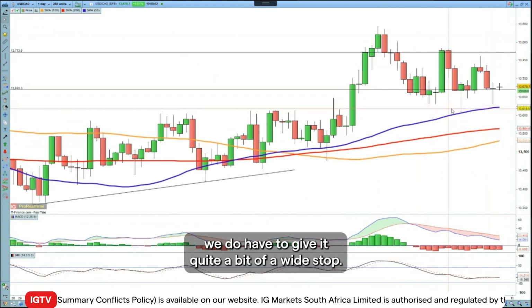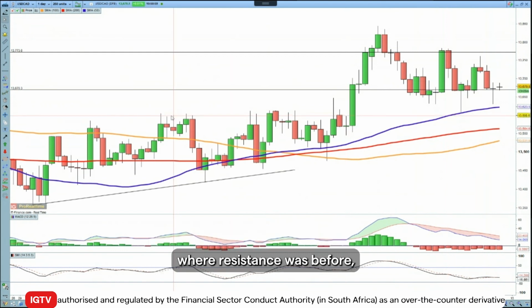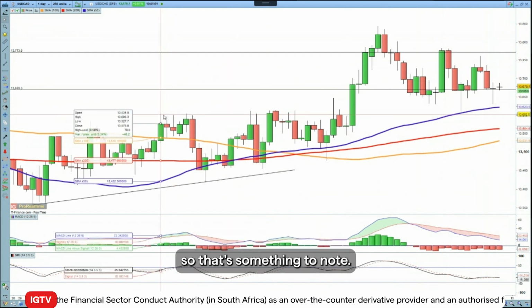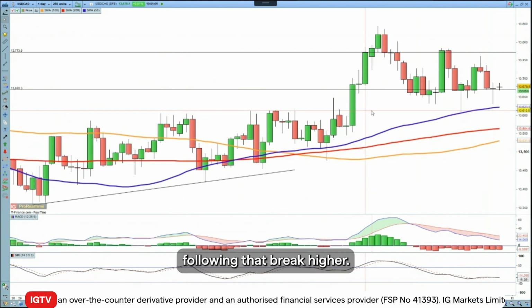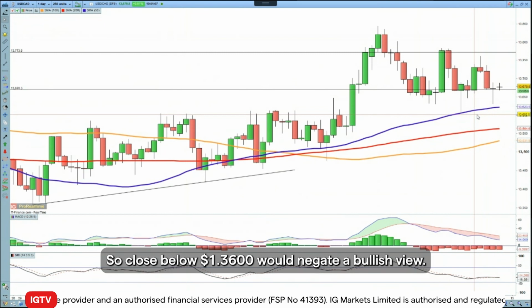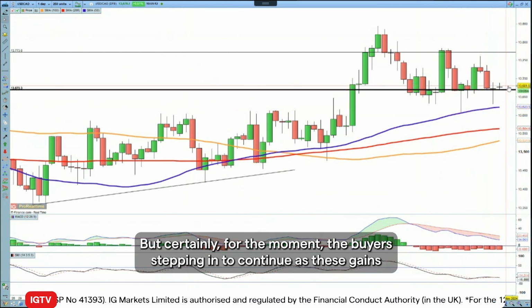With these long wicks, we do have to give it quite a bit of a wide stop. So we put our stop down at 136, which is also an interesting area where resistance was before. So that's something to note, that resistance becomes support following that break higher. So a close below 136 would negate the bullish view, but certainly for the moment, the buyers are stepping in, continuation